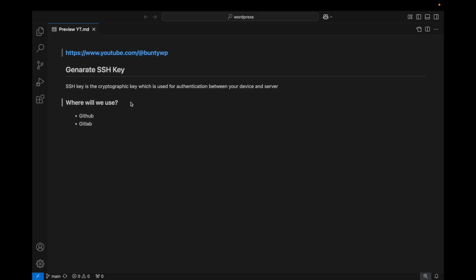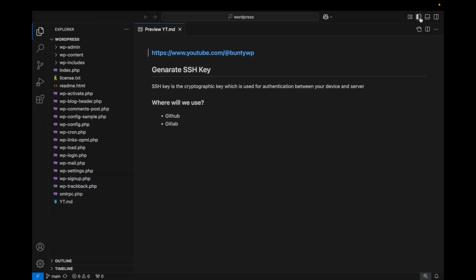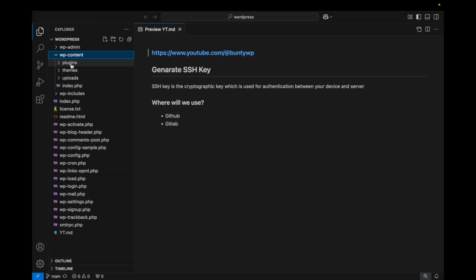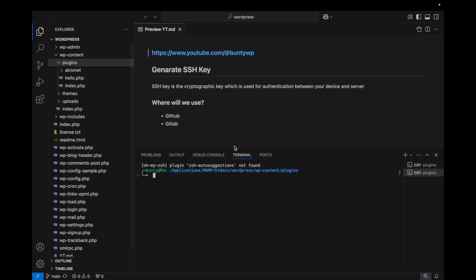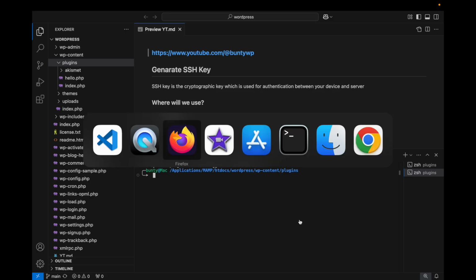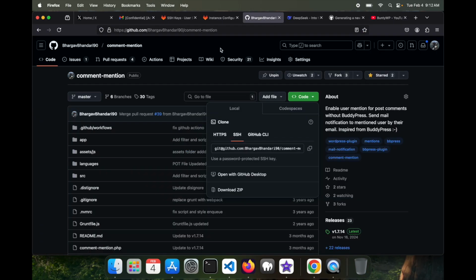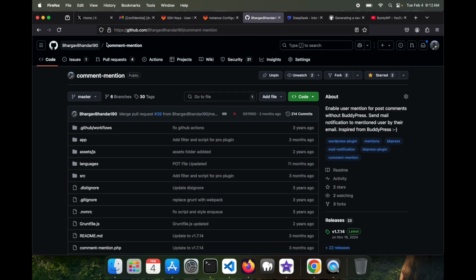Why do we use an SSH key? Let me show you an example first. Here I have a Git repo of my WordPress plugins. So I'm going to open the terminal. Now I will go to one of my plugin folders on GitHub,